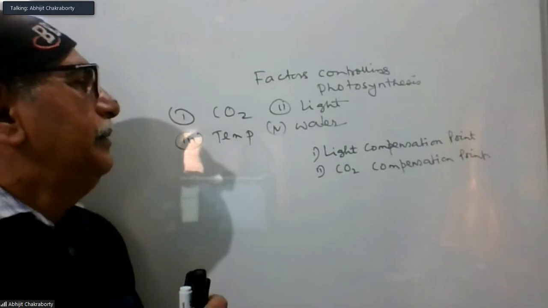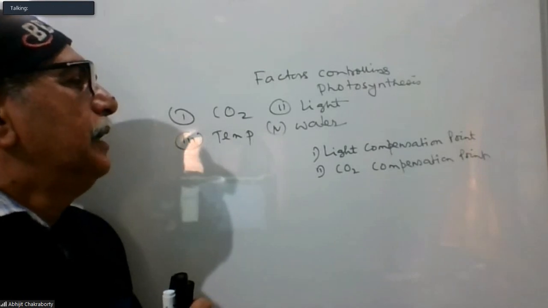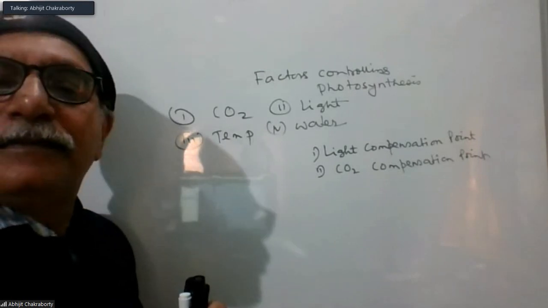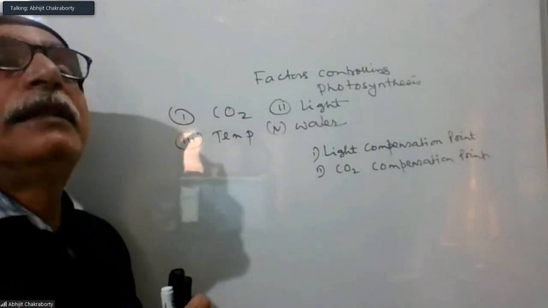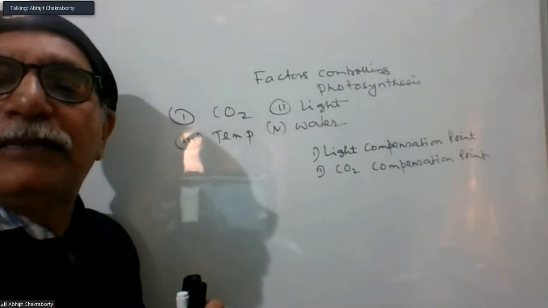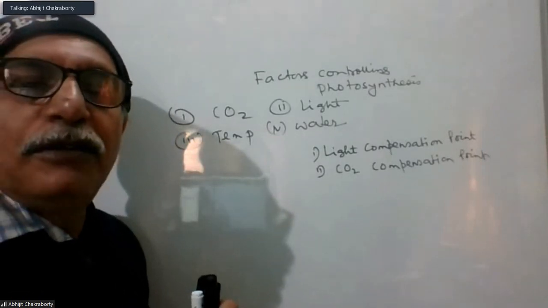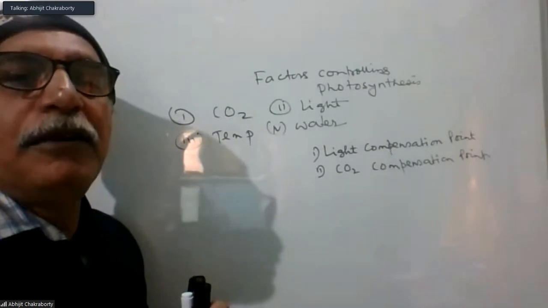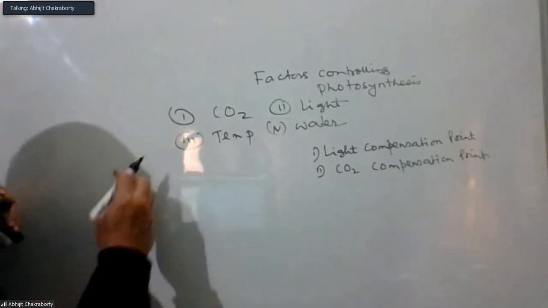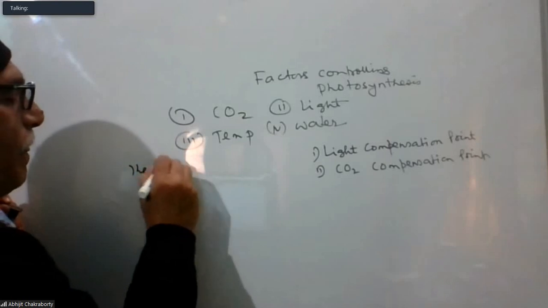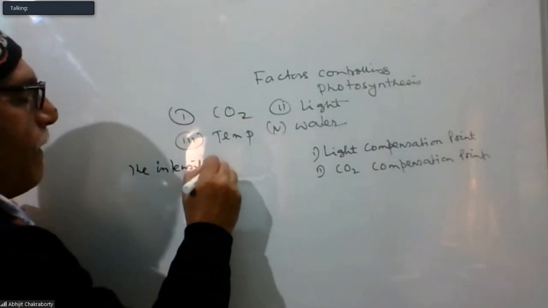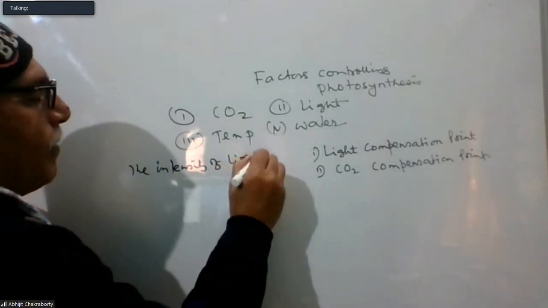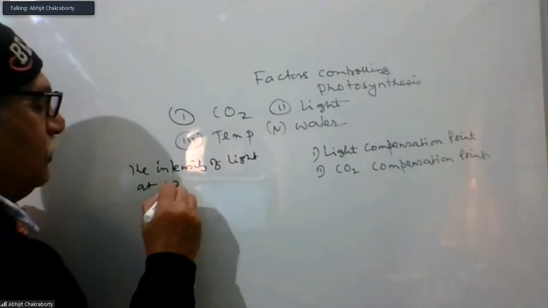The intensity of light at which the rate of photosynthesis is equal to the rate of respiration is called